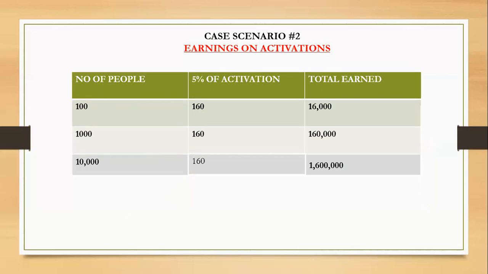You would be paid 5% from every single activation that is realized from your region. Now, if 100 people, of course, get activated, that is 100 times 160, you're able to make a total of 16,000 Kenya shillings. 1,000 people, 160,000, then 10,000 people, that is 1.6 million Kenya shillings that you're able to collect, and more from